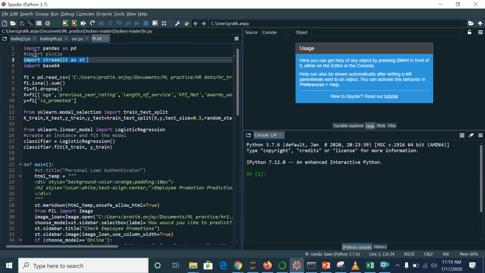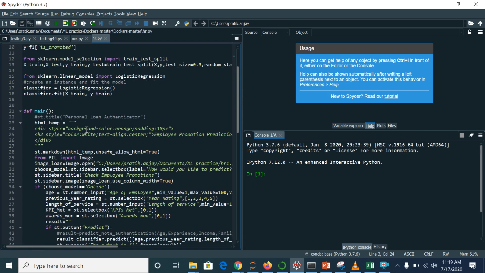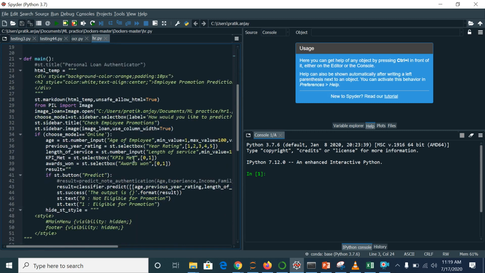If you see here, everything from top to bottom, I'm performing logistic regression, I am calling my X and y train values, and this is all the setup that we have to perform to build our application in the Streamlit library.